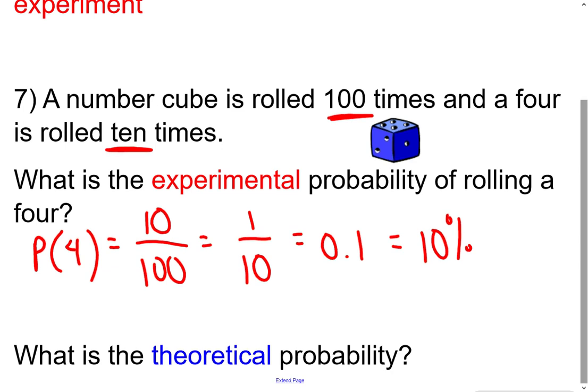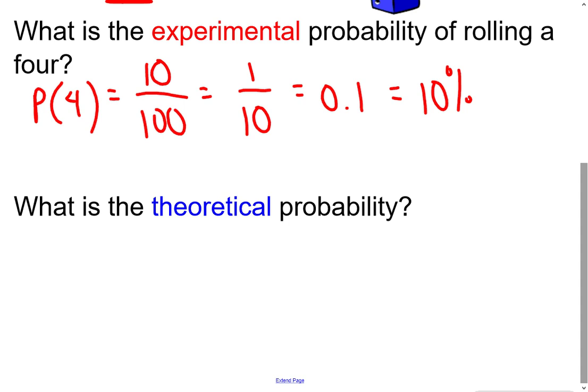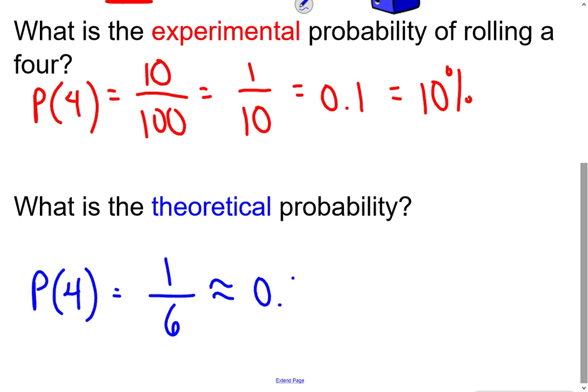Now it goes on and asks, what's the theoretical probability? That's going to be a little bit different, because if we want the theoretical probability of rolling a 4, we just have to look at a standard die. How many different outcomes are there? There's 6: a 1, a 2, a 3, a 4, a 5, and a 6. How many of those outcomes have a 4 on them? Just one of them. So the probability of rolling a 4 theoretically is 1/6, which as a decimal is approximately 0.167. As a percent,